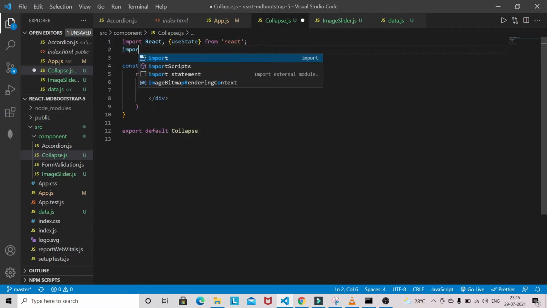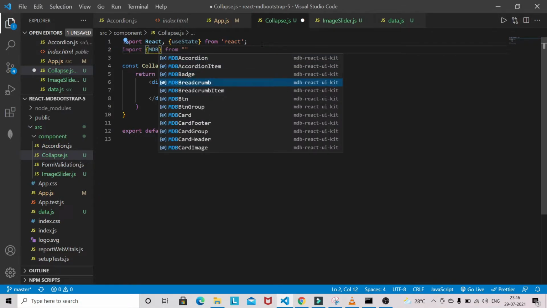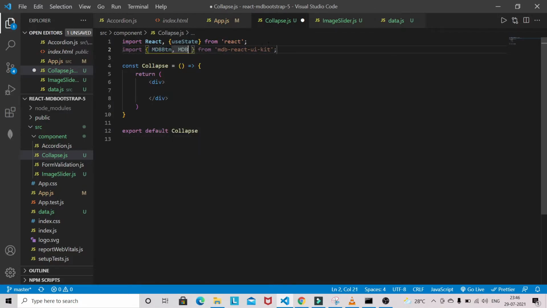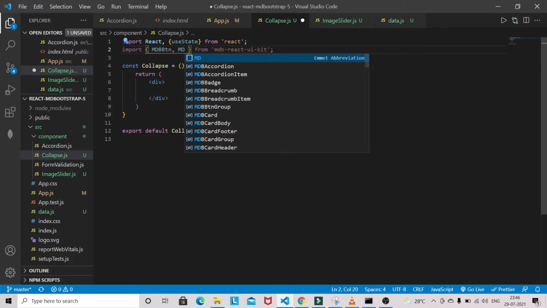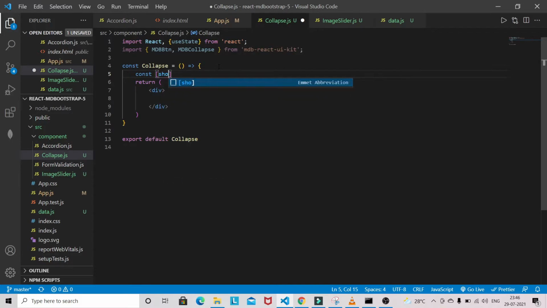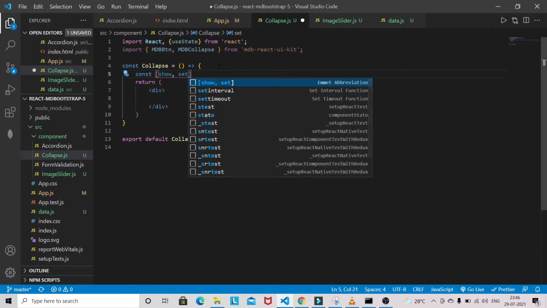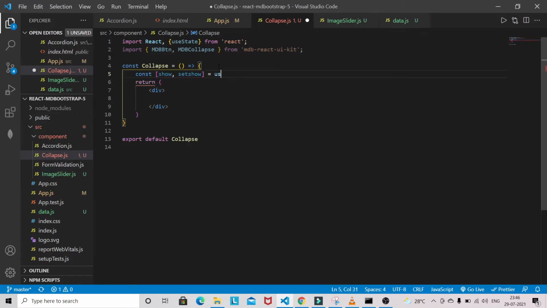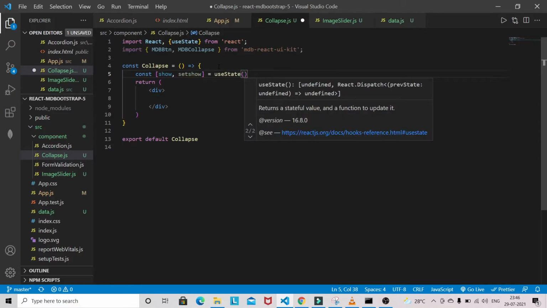And from Material Design Bootstrap we need some components like MDBBtn and MDBCollapse, so this one is also needed. And we need to define one state. The state will be show and setShow, with useState, and the initial value will be false.